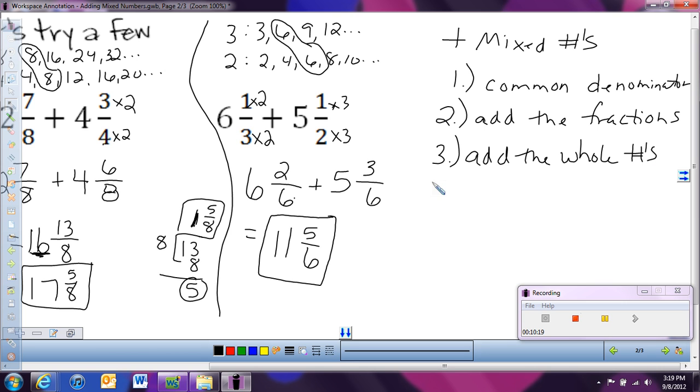And then lastly, if need be, we're going to simplify. In some cases, that might mean changing an improper fraction into a mixed number. And in some cases, that might be actually just simplifying a fraction, so making an equivalent fraction for one that we already have. But as long as you follow these 4 steps for adding mixed numbers,